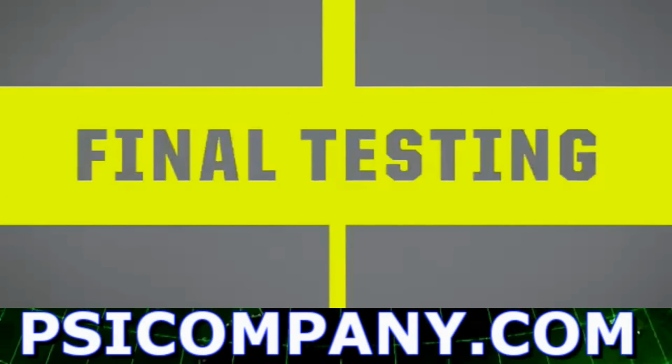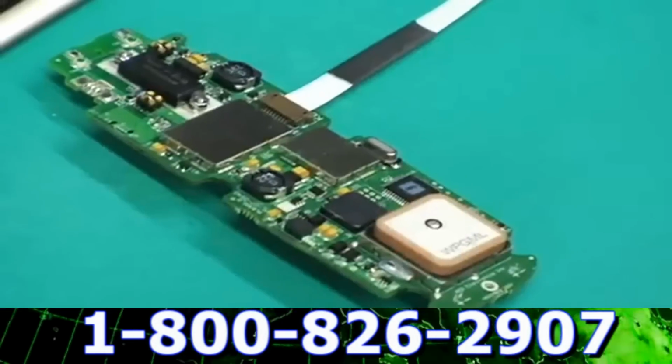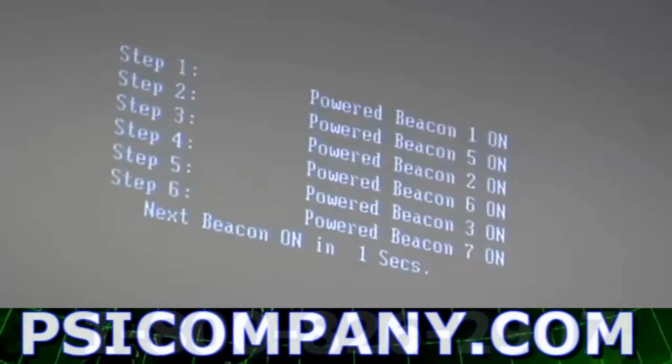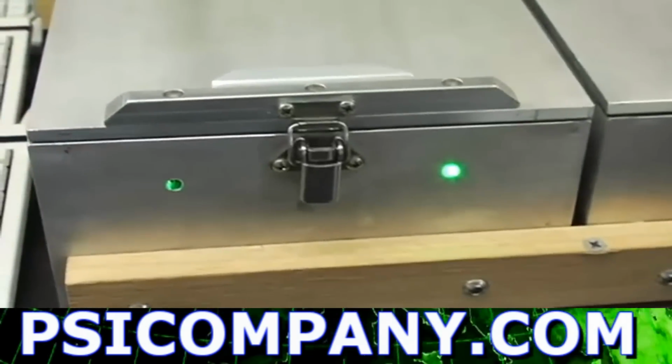Here we are at the final phase of assembly, and we take the fully assembled and sealed board, and before we put it into the case, we run it through a 45-minute fully operational burn-in test. It's kind of like a test drive. We power this board up, we hook it up to an antenna load, and we run it just like it